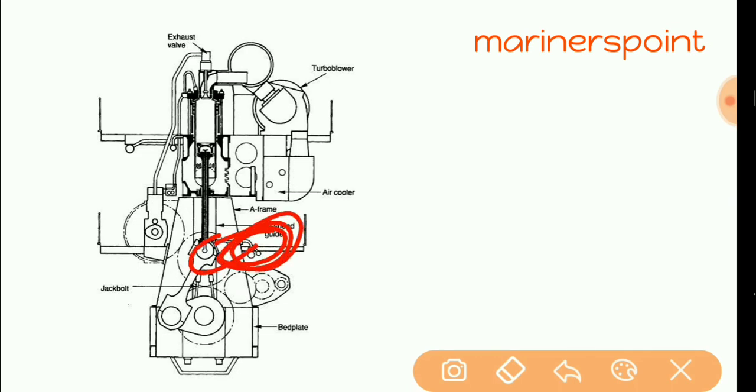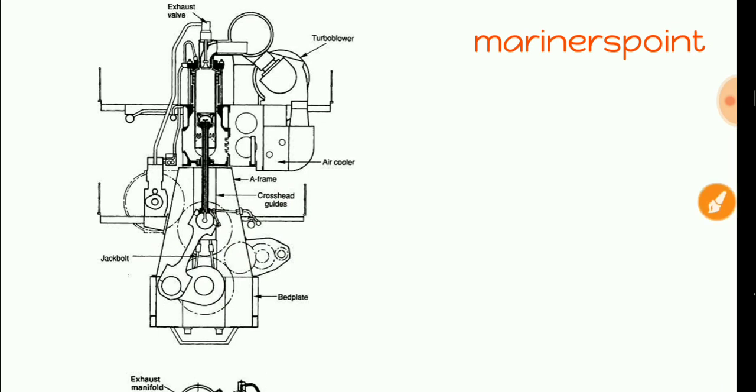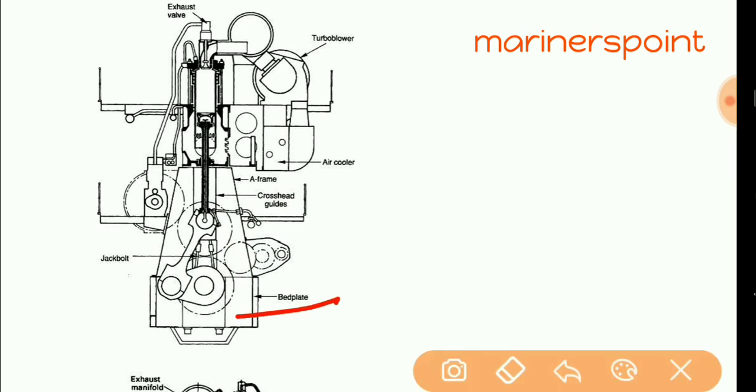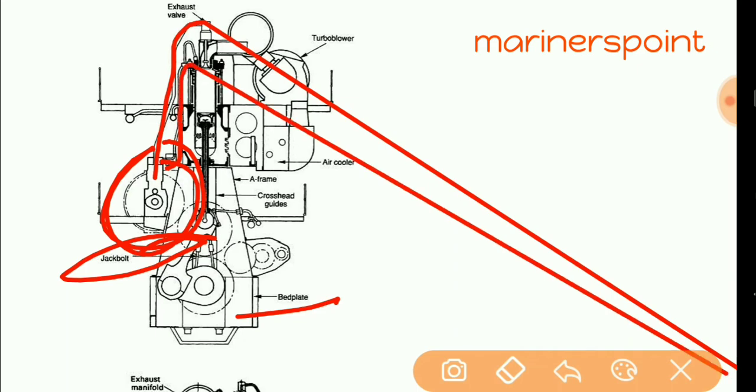This is the line of the crosshead, and very important, the jack bolt. Okay, the bed plate you can identify, and you have to remember this jack bolt. Okay, you can see very clearly it is going to the exhaust valve and it is going to the fuel injector. Okay,